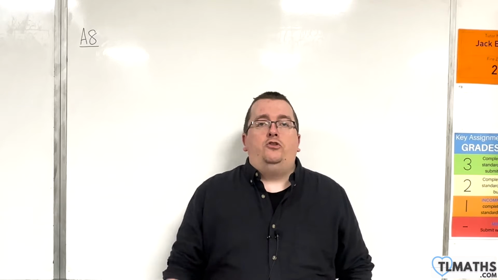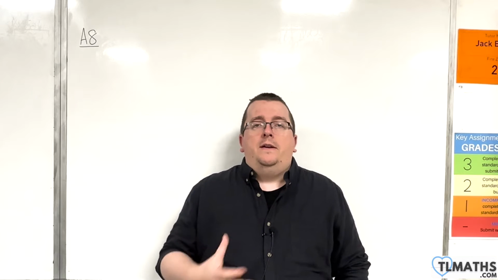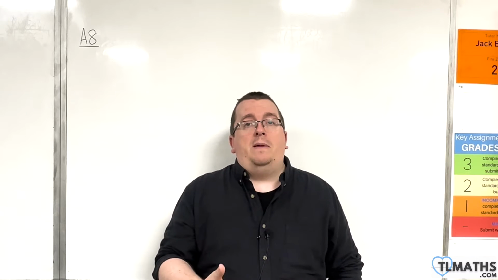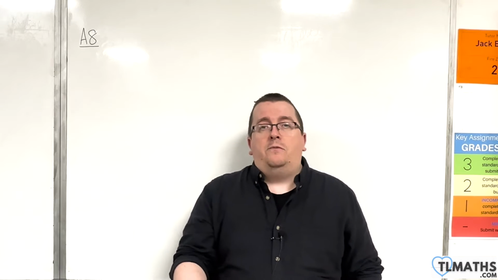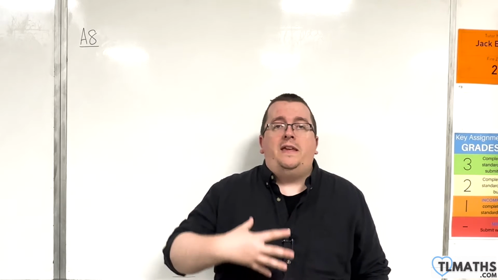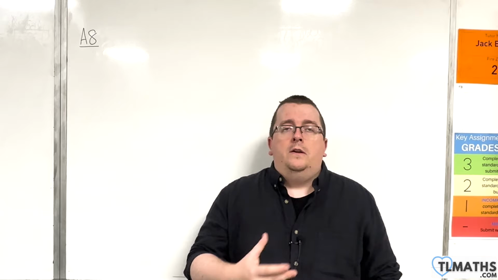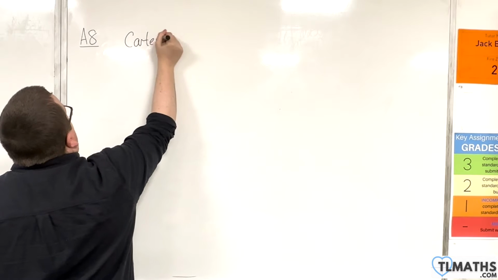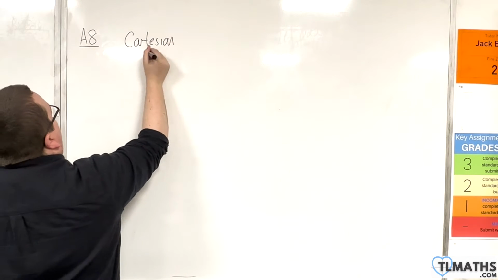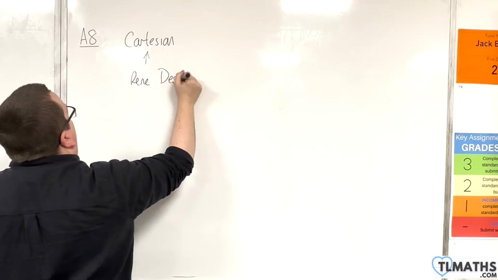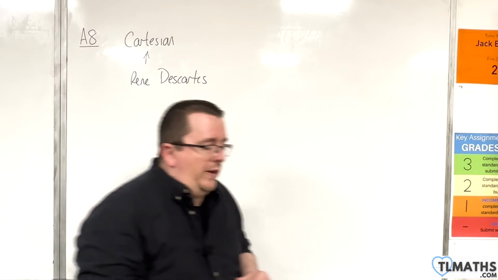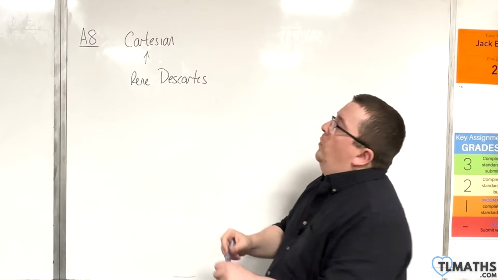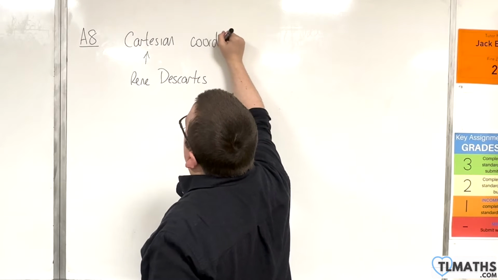So in this video, I want to introduce you to coordinates. Now, there are a number of different coordinate systems out there in GCSE maths, and when you get into A-level maths, we are focusing on the Cartesian coordinate system. So Cartesian is a word that comes from René Descartes. He was a 17th century French mathematician. And we're looking at the Cartesian coordinate system,